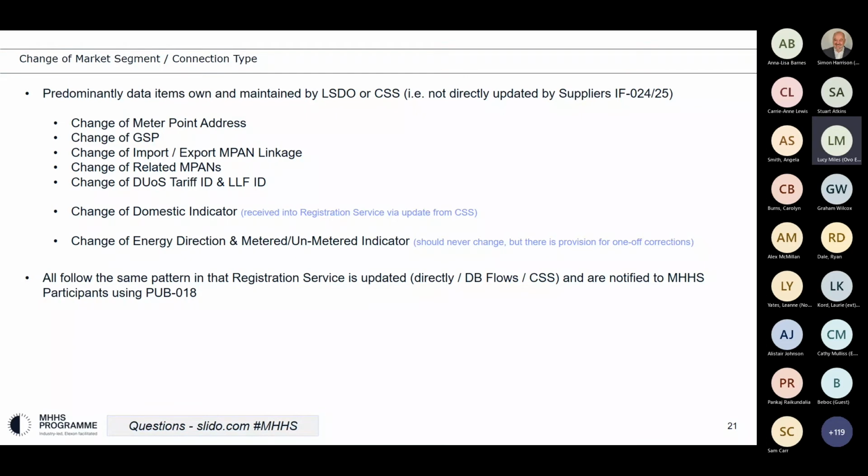So it seemed sensible to include that here rather than in the set that we spoke about on Tuesday, which were directly under the supplier control. Yes, obviously the supplier is managing and setting this in CSS, but the way in which the MHHS world is notified would be via this publication 18. We've also included change of energy direction and